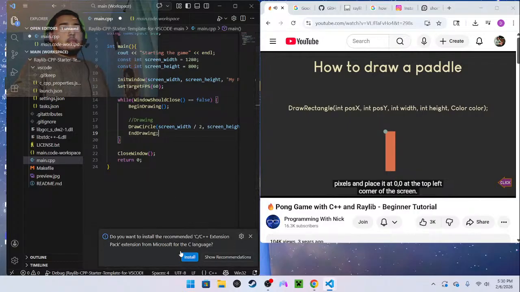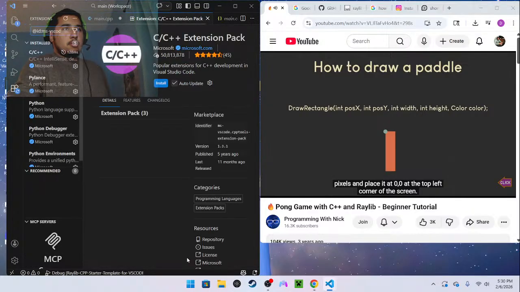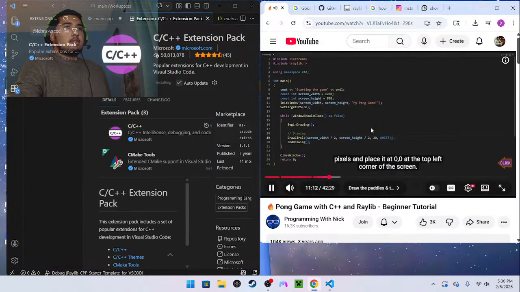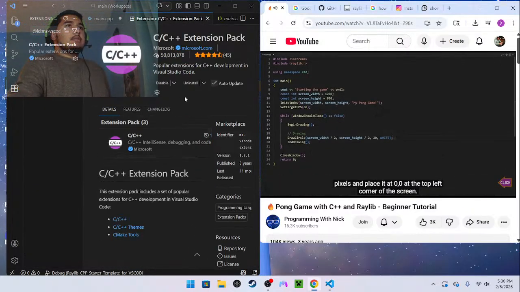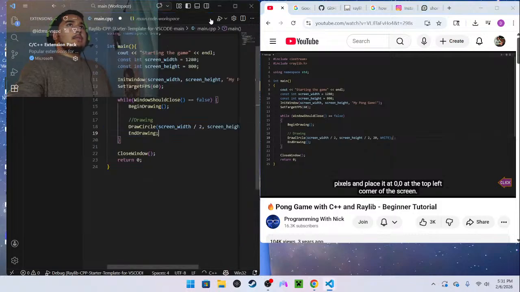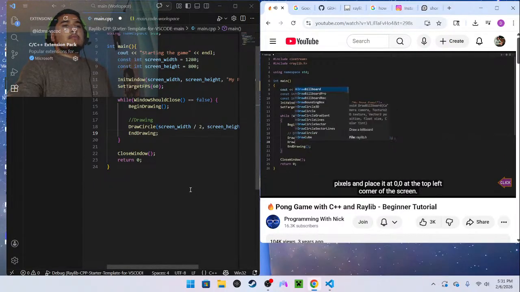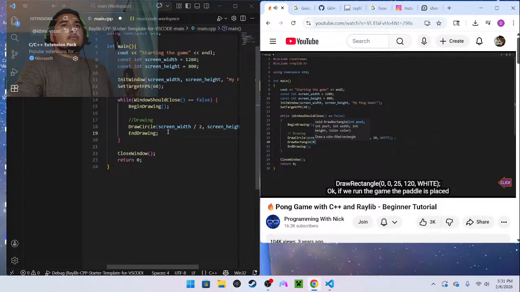120 pixels and place it at 0, 0 at the top left corner of the screen. Did I not install this already? Or whatever, it's installed, it's fine. DrawRectangle 0, 0, 25,